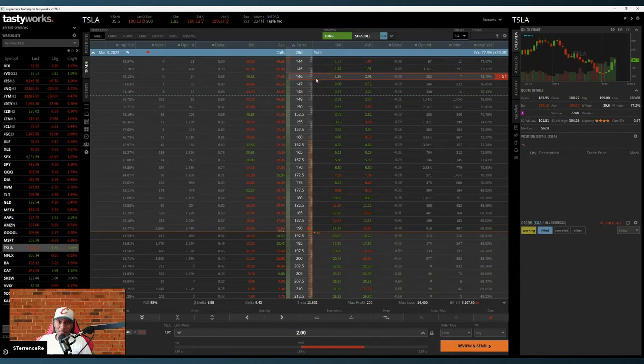So instead of just buying it outright right here, with selling this put, it's only going to take your buying power of $5,107. That's how much you'll get margined. If you bought it outright, you're going to get margined around $14,000. If you bought it right here at the price that it's at, I wouldn't advise it,